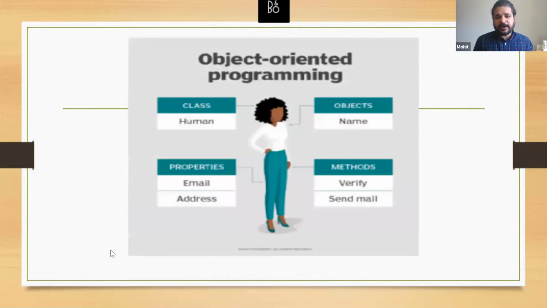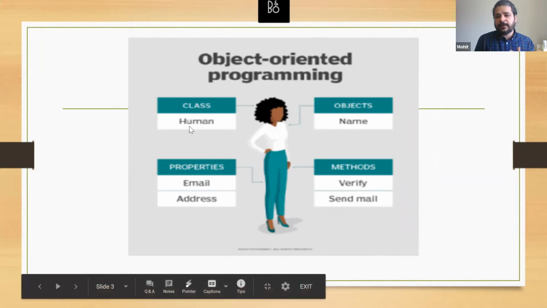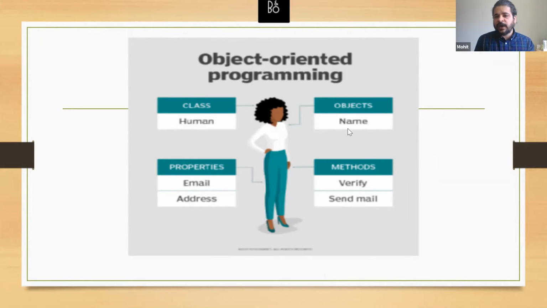So I have an image for object oriented programming. What does it mean? You put everything into a broad classification, and you define that in your library, in your program, before you write the code. For example, if you have humans, animals, more things like this, you can put them in a class feature. Objects: if you have name, address, date, mailing address, phone number, you can put them in the object. And then if you want to make another feature which is properties, you can have email address, and methods is verify. So you can basically classify